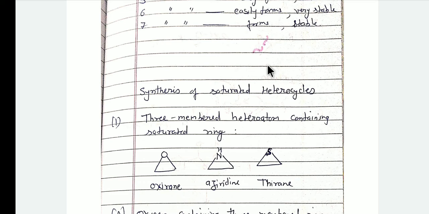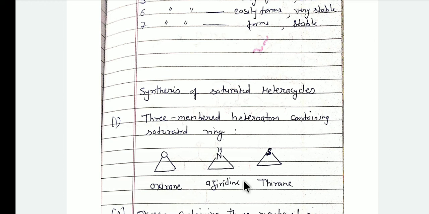The synthesis of saturated heterocycles can be done by ring formation. The heterocycles may be 3-membered ring, 4-membered ring, 5-membered ring, or 6-membered ring. The 3-membered heterocyclic compounds are formed very easily. The 3-membered heterocyclic compounds are